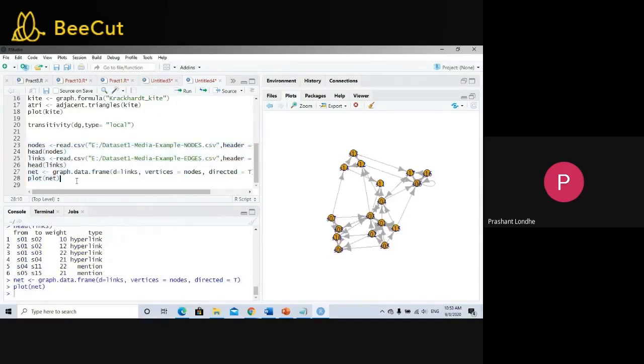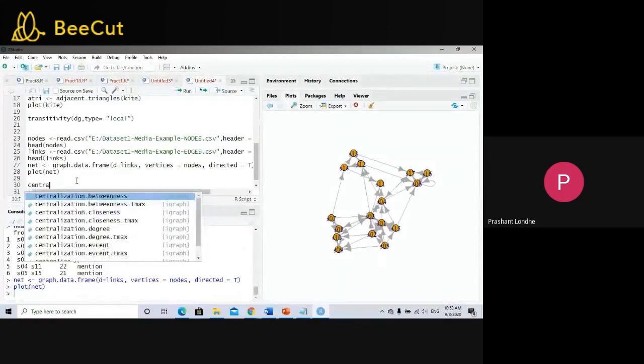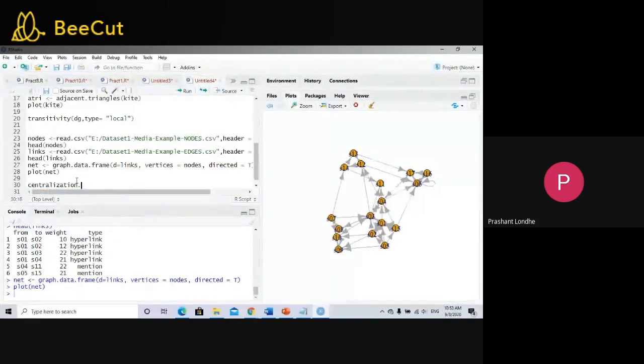Now I have to calculate the centralization degree. So I will use centralization dot degree, and in the brackets I need to pass the graph variable. Then I want to work with in nodes, so I will pass mode in, and normalized is equal to true.